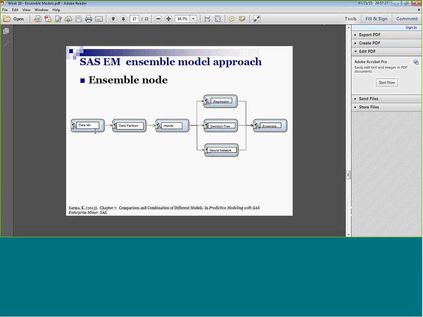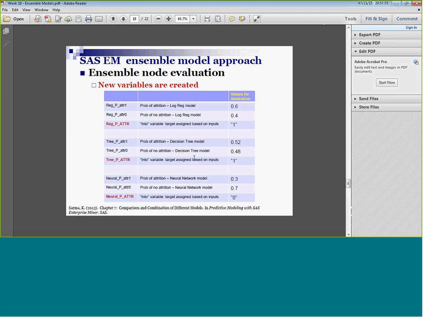And he goes through the usual thing. There's a data set, you partition the data set, you impute for missing values, then you build, he built 3 models: a regression model, a decision tree model, a neural network model. That doesn't show all the other things. May have transformed some of the variables and so forth. But anyway, we know all about this. Then you hook up this ensemble node to the end. What does that do? Well, it's going to look at the results of these 3 and say, okay,